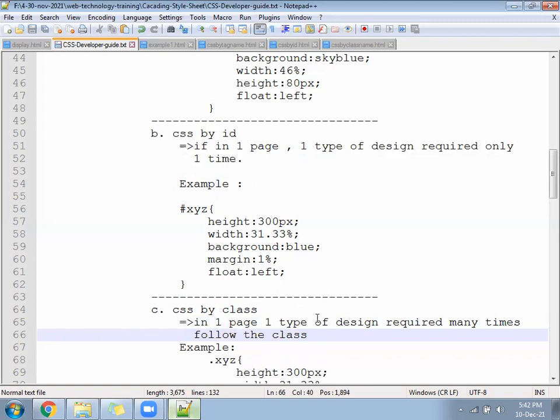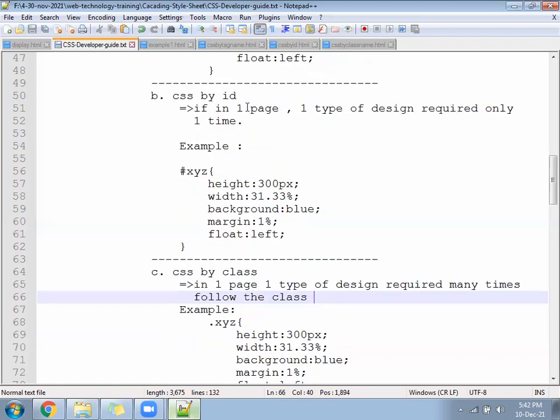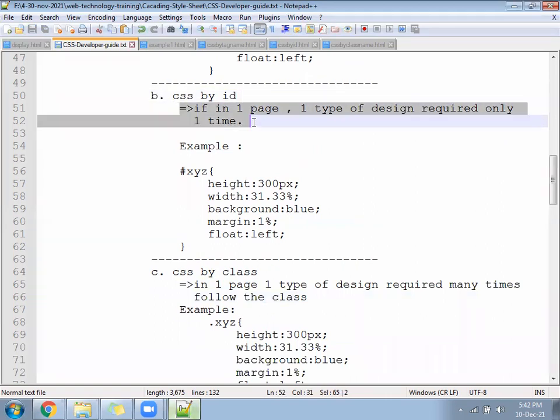Okay, in one page, write this theory. I'll design a photo, then I will guide you. So the first difference was: ID happens through the hash, class happens through the dot.